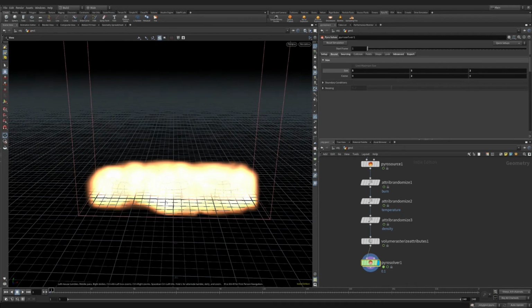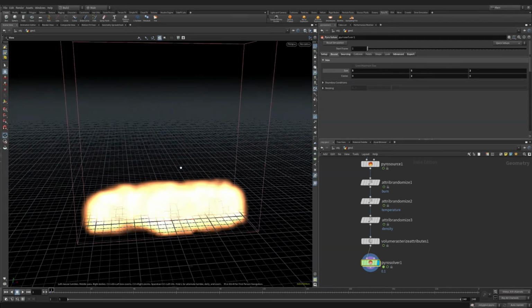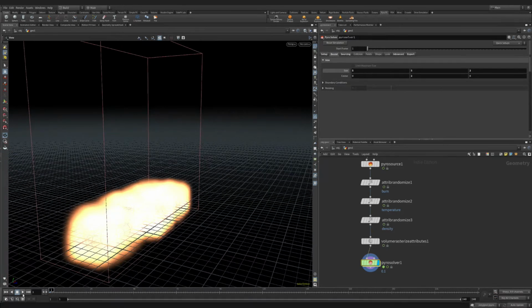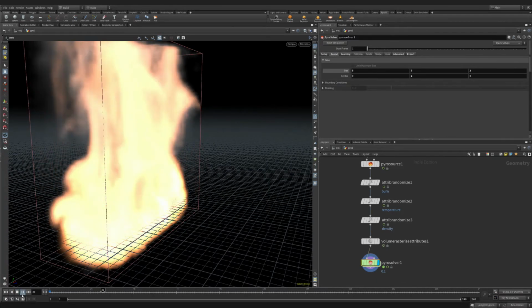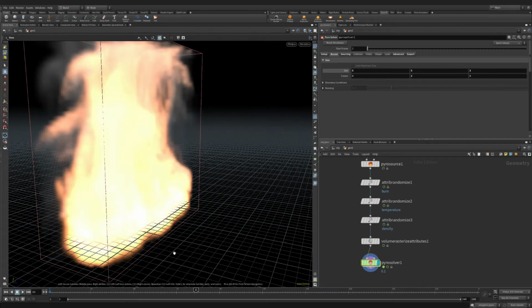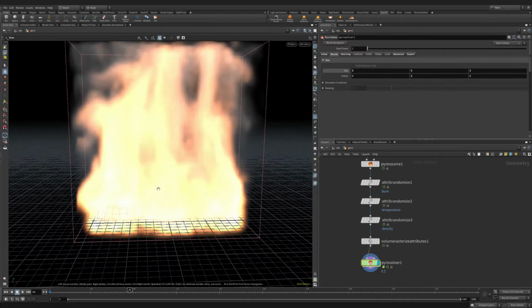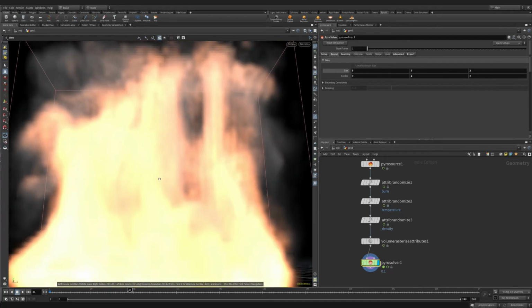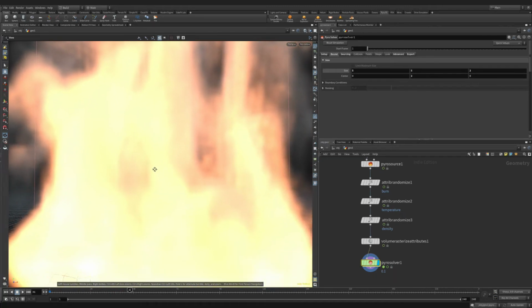So back up, and now you'll see that they're at the bottom. So that is awesome. And now if I hit play, you'll see we get our little fire simulation. It's continuously birthing fire. And we could take any of these. You see you can't scrub because we don't have anything cached, but you can take any of these frames and create your still image. So what I'm going to do right now